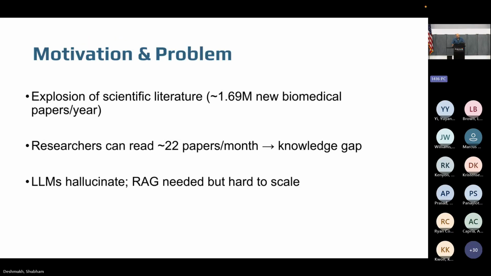Our motivation in conducting this research is the fact that in just the biomedical domain alone, PubMed receives over 3 papers per minute today. And last year, they received roughly 1.7 million articles, whereas the average American scientist actually reads roughly 22 papers per month, according to a survey result that's pretty consistent since 2005. So as you can see, there's a massive gap between the rate at which information is being disseminated and being